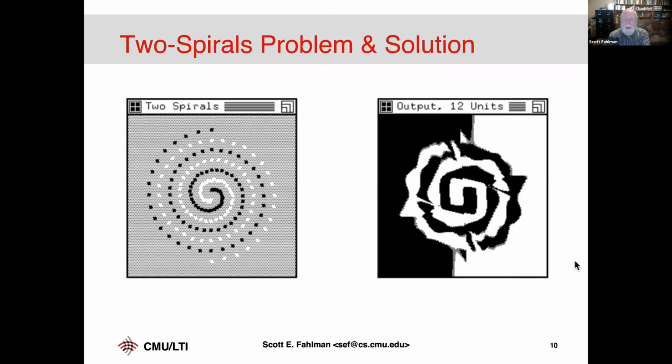So here's a learning problem that we used back in the day. This was considered incredibly challenging. There are two inputs, two analog inputs, X and Y. And you're trying to teach it, you're giving it all these points. Black points want to give a 0 output, and white points want to give a 1 output. Okay, and you got a couple of hundred points.